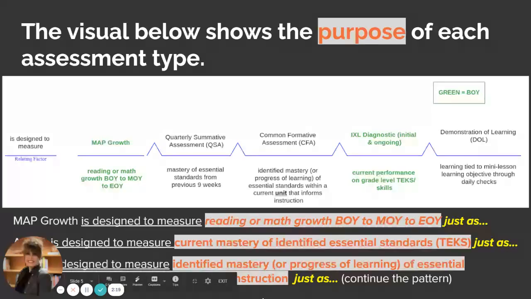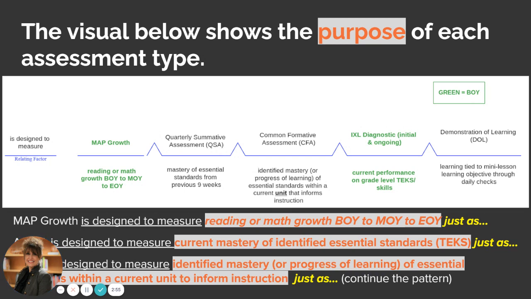So this is a bridge map, one of the thinking maps, and this shows the relationship of the type of test with the purpose of what it's used for. I'm going to read this off the map like sentences. The first one is, MAP Growth is designed to measure reading or math growth from the beginning of the year to the middle of the year to the end of the year. And it actually sets that trajectory for growth, like this is where they're going to perform. It actually shows you on STAR and at the current rate,